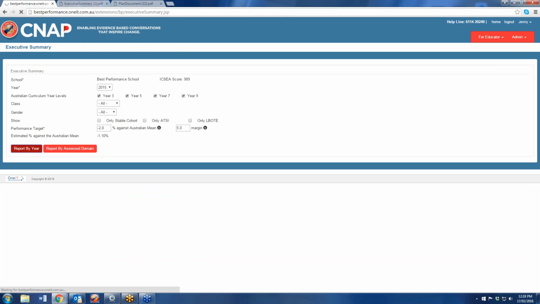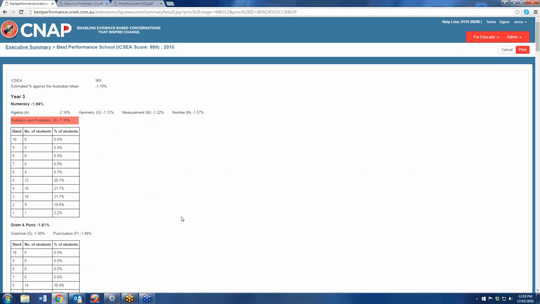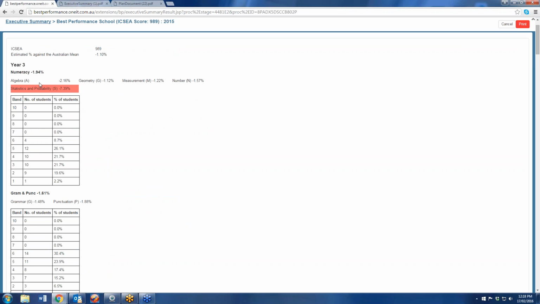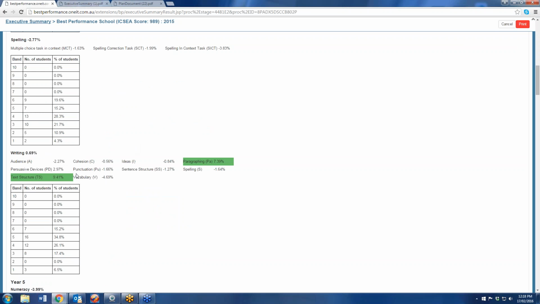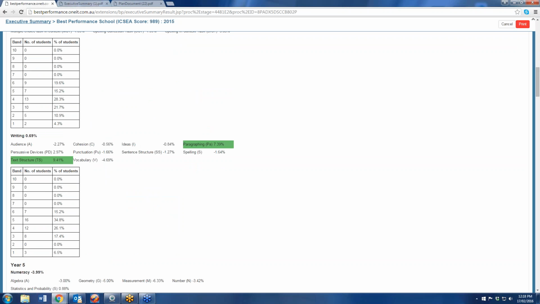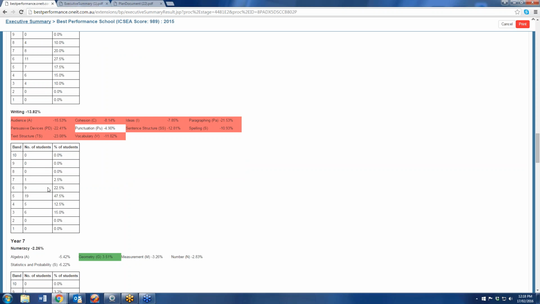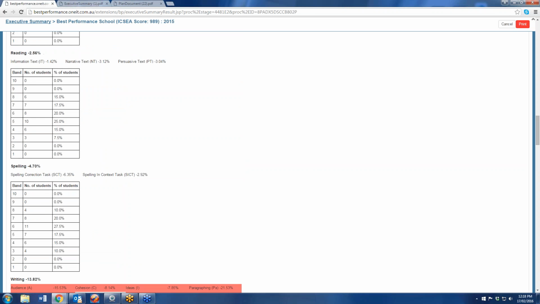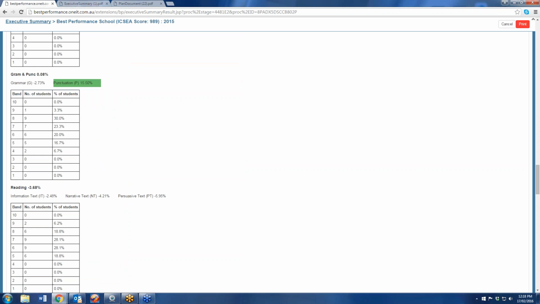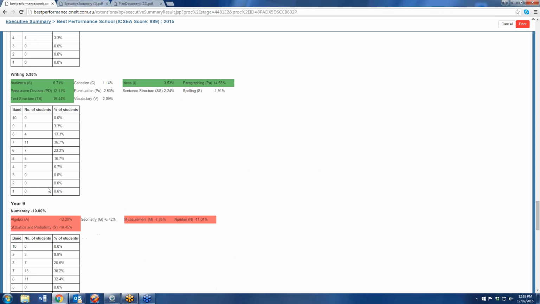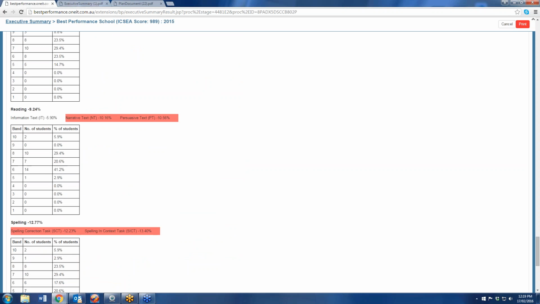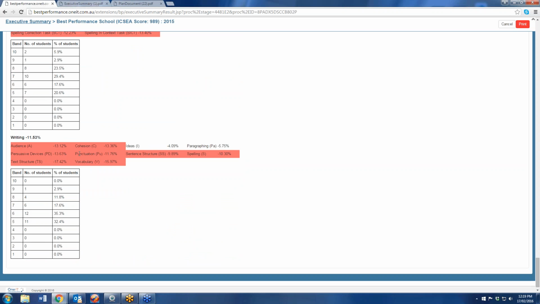So what we're going to see is a fantastic tool for planning. What I mean by that is it gives a breakdown of the bands, and it also highlights in red, for example, Year 3 numeracy, we've got the issues with statistics and probability. If you scroll further down, there's some green there in the writing for Year 5s. But again, as we know, lots of red in the writing for the Year 7s. Sorry, they're Year 5s. And you've got Year 9 numeracy, which is a battle as well, okay? And you've got the writing as well, which was poor.